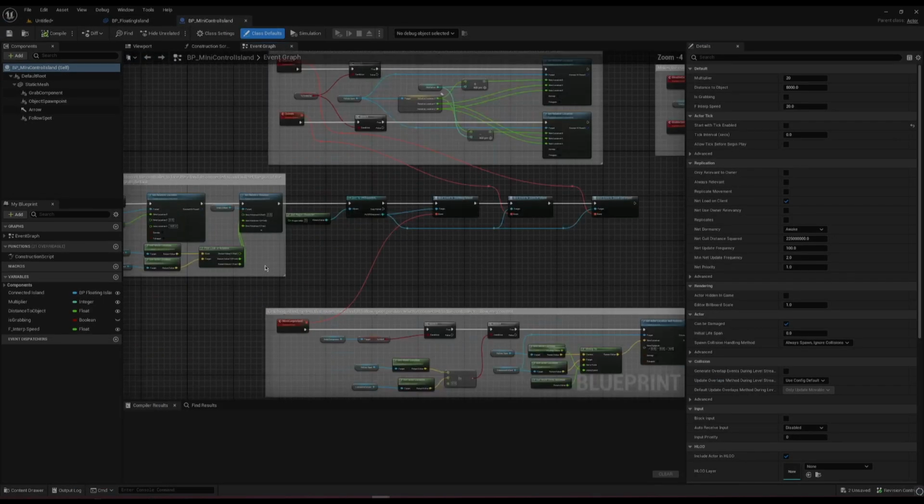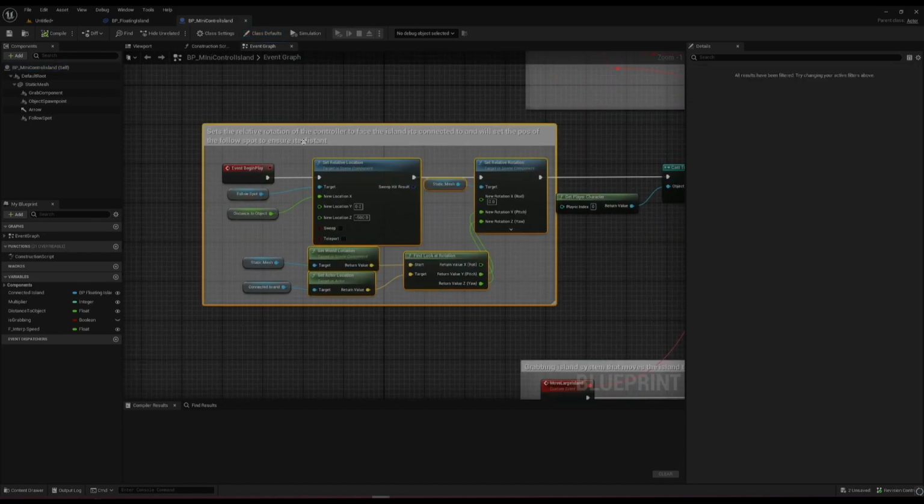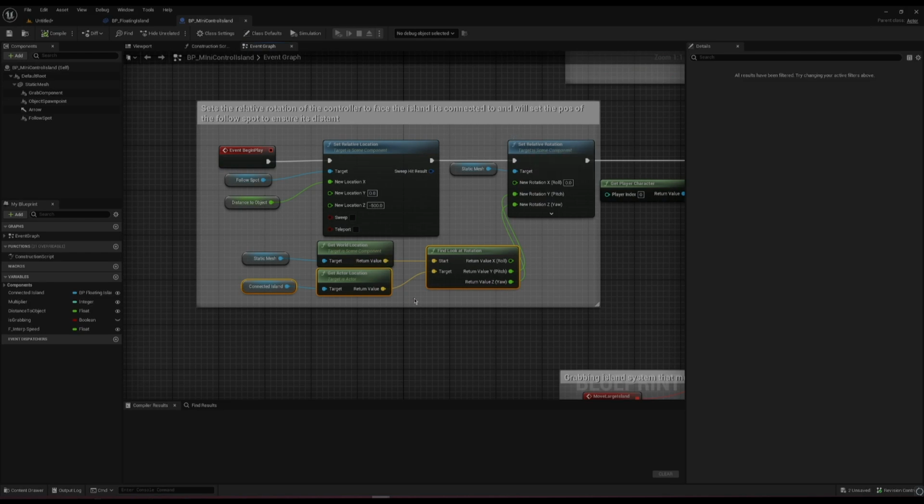Not much has changed between most of these. If I haven't mentioned this one yet, in begin play, whenever the player starts, the controller of the islands sets its rotation to face the connected island location. So it'll go ahead, and that's why in gameplay when you start, the controllers are facing the island it's supposed